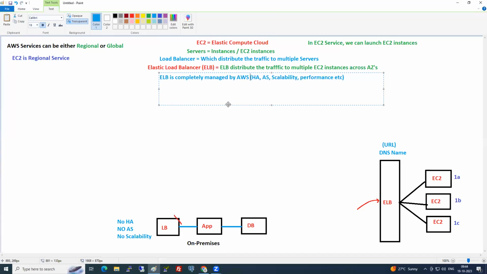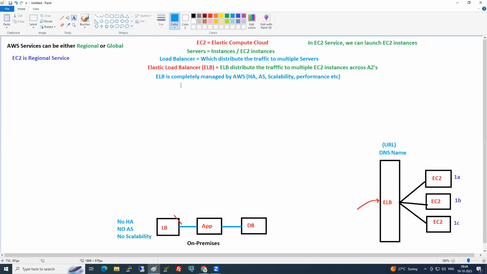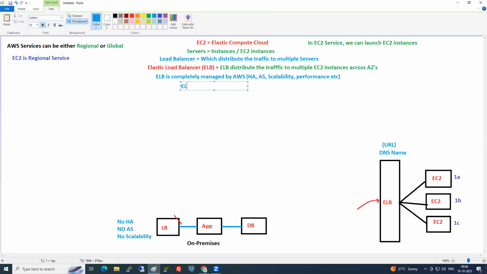Very good, awesome. Nana, is ELB a server or a service? ELB is not a server. ELB is a service for us from AWS.